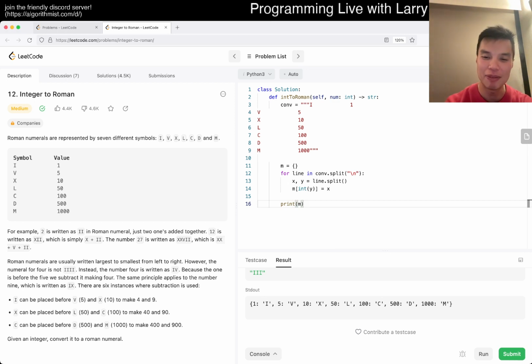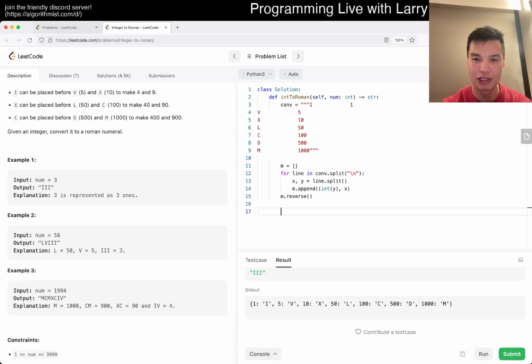But okay, so that means that we have this. What we want to do, maybe I don't want an array, maybe I want an array instead. So then we append, and maybe you'll see why in a second. I thought I wanted a map, but I actually wanted a sorted map, right? But also not even really. So now we reverse it so that we have the most significant first, right? So then we still have to handle the four prefixes, but we can do something like while num